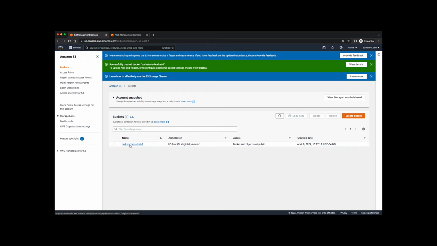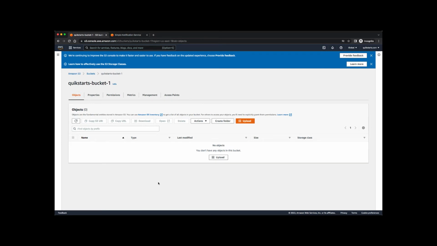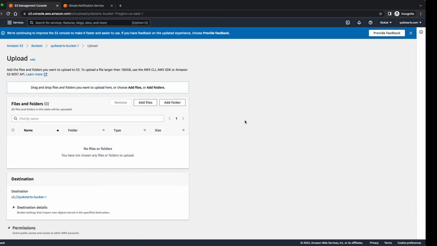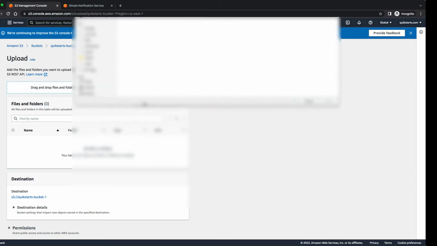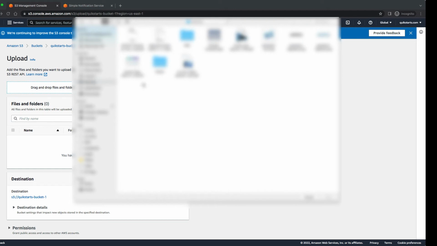here the bucket is. Click on that bucket, and it'll default to the objects tab, and we're going to upload an object. Okay, so we click the upload button, and it takes us to another screen. We default to the files and folders section that's expanded. We're going to add a file, and what we're going to do is quite simply